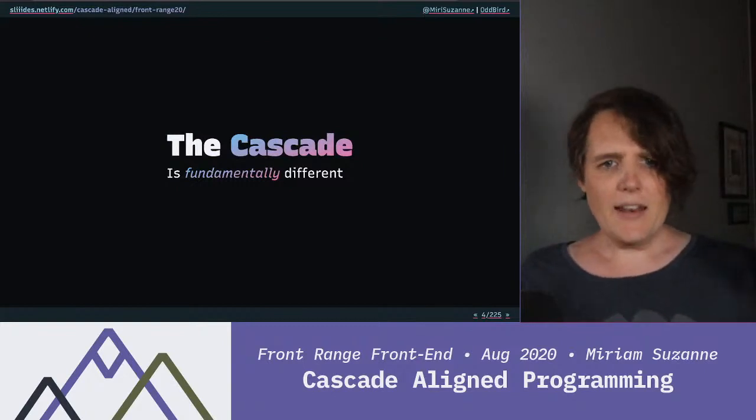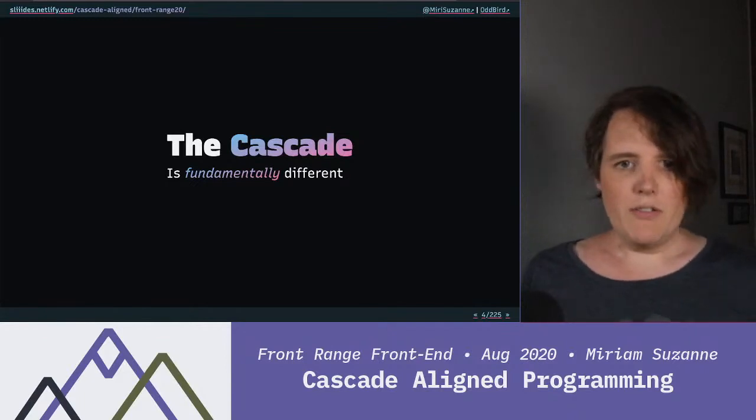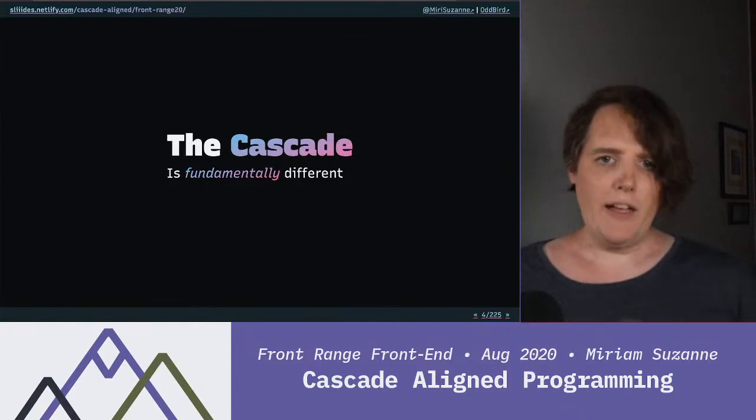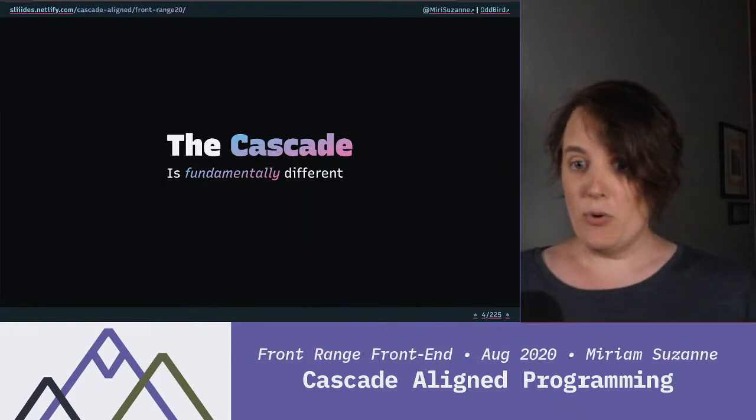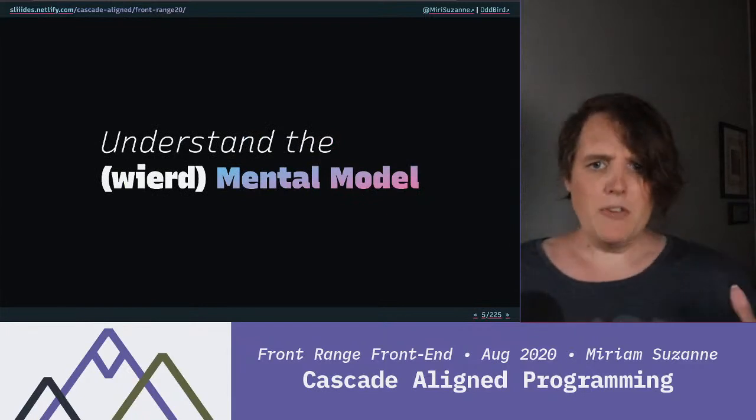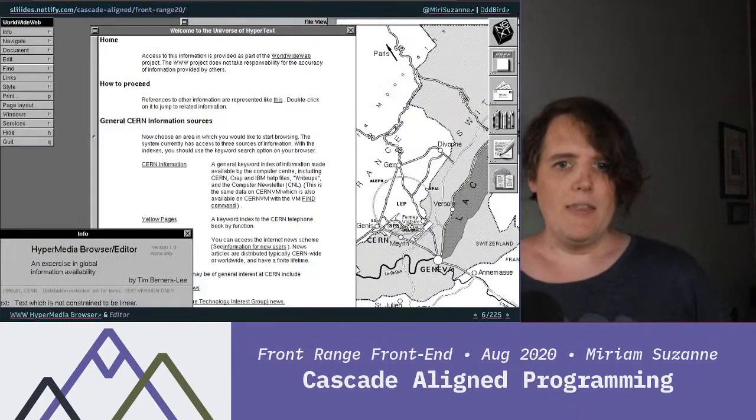So the cascade is fundamentally different from any other language that we're probably used to, JavaScript or anything like that, anything that's an imperative language or doesn't have different origins of code. So we're going to start by looking at the mental model behind CSS, what makes it different, how the cascade works, why it's there, and then dig into some of the